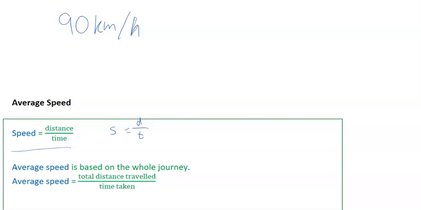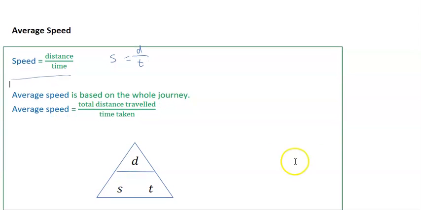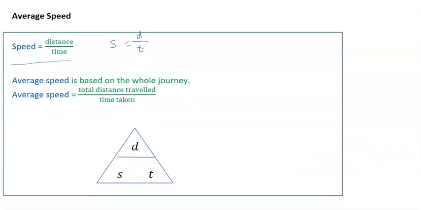And we look at this formula. Average speed equals the total distance traveled over the total time taken. So distance traveled divided by the time taken. You can think about this in a nice little triangle format. So this is a little way to be able to remember it. If you think about it, the point of the triangle at the top, if you think alphabetical order, left to right, you always start with the D at the top, and then left to right, the S, and then the T, alphabetical. That's going to help you always find the correct formula,